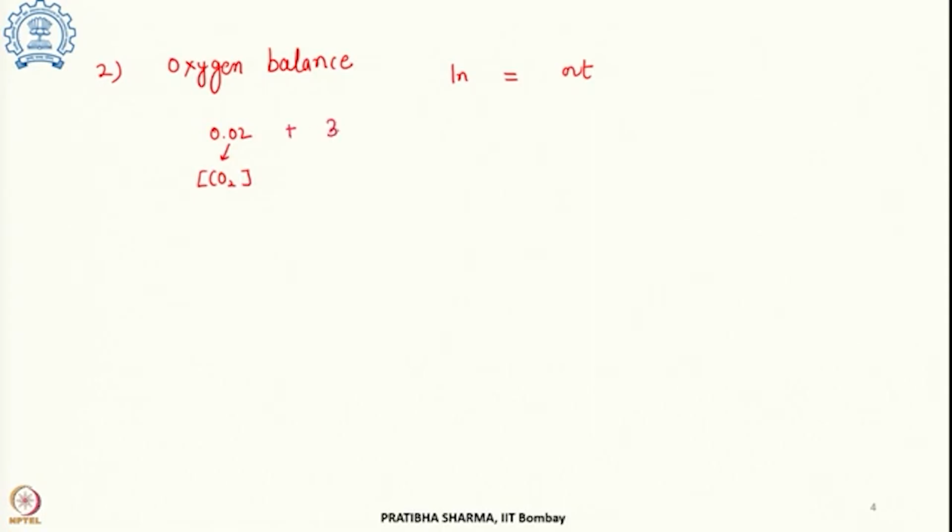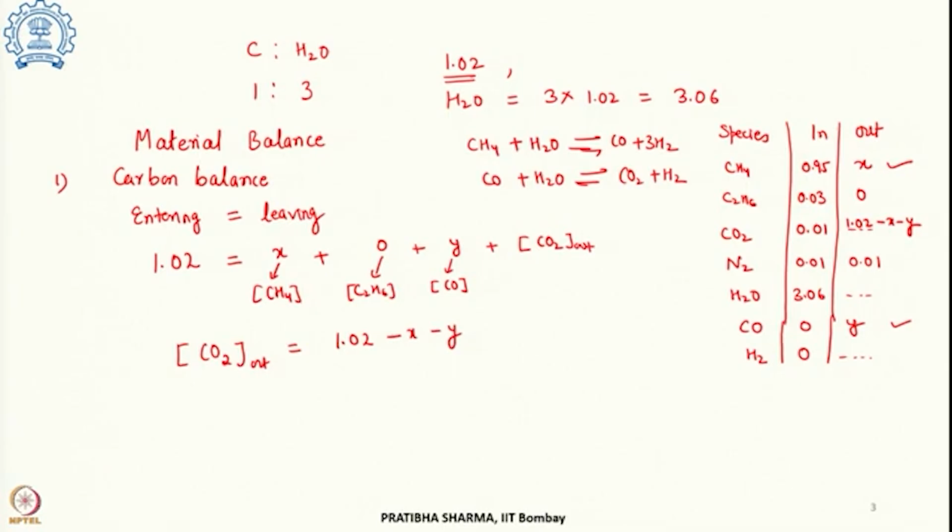With water it is associated, so it is 3.06. On the product side associated with CO, it is Y. This is an atomic balance that we are doing. It is also associated with CO2. CO2 we have just now calculated as 1.02 minus X minus Y. So, we will substitute for that,